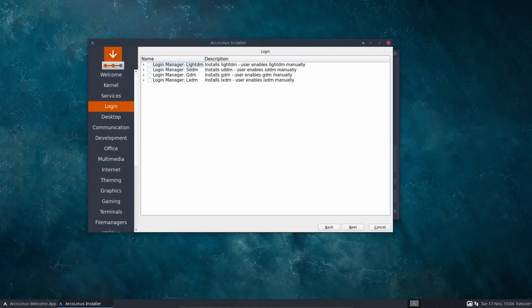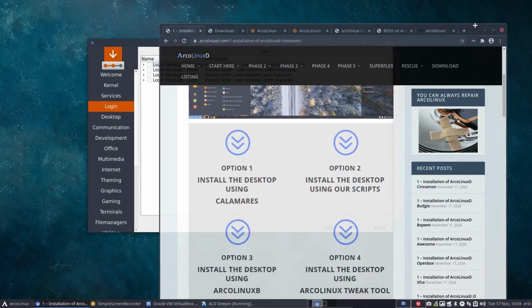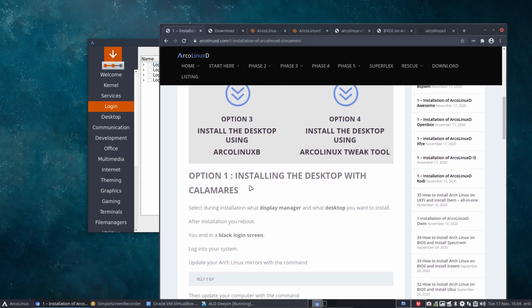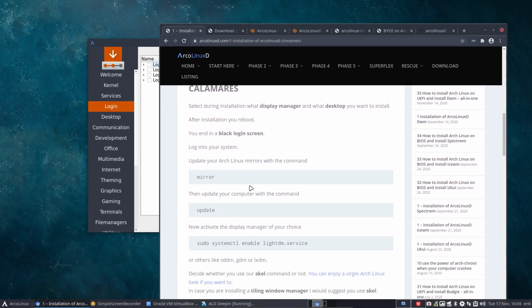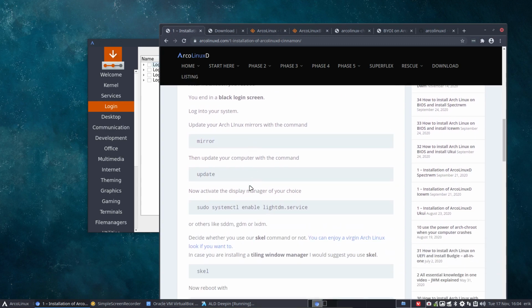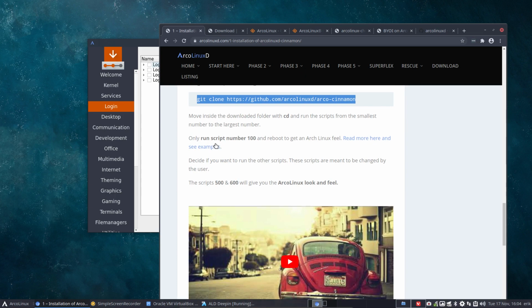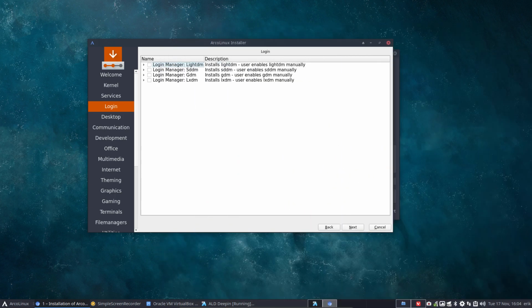Now, Deepin, I have to make a decision, right? Am I going for option 1 or am I going for option 2? I am going for option 1. And I'll explain later on when we are in TTY. Just this thing, that's the difference, right? Running scripts, and anybody can run scripts. I'll show you. So I'm gonna go for option 1, which means decide something in here, one of the 4,